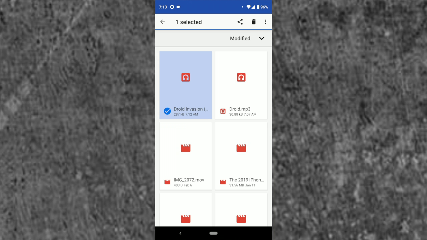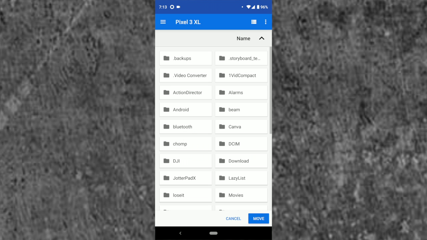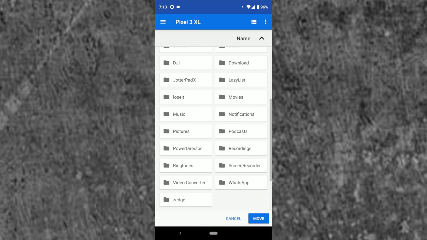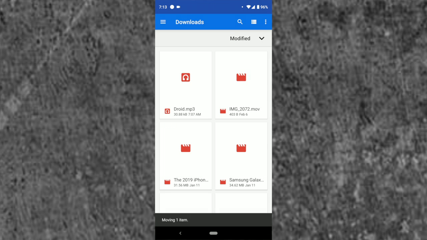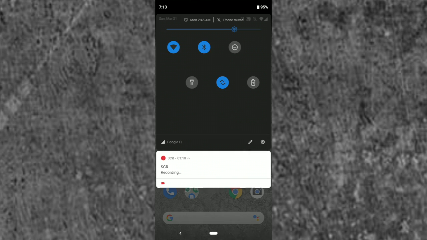So press and hold again. Hit the 3 little dots. Move to. Switch to the Pixel 3 XL. And you're going to move this one to ringtone. Move. Now once you have that moved, you'll be able to go ahead and scroll down to your settings,